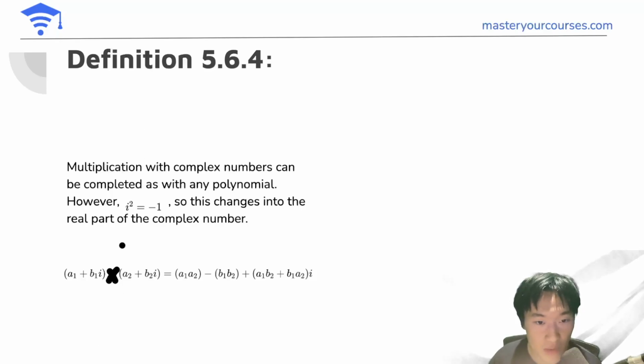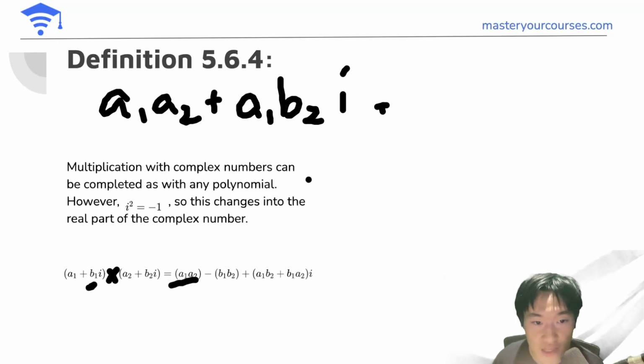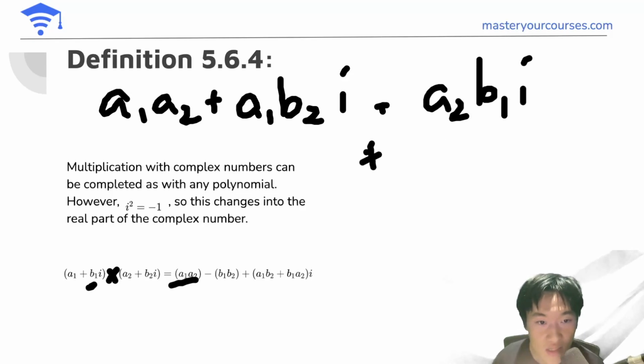So we'll do it step by step. a1 plus b1i times a2 plus b2i. Well, multiply the first thing, a1 times a2. There you go. We multiply a1 and b2i, and we get a1 times b2i. So let's write this out: a1a2 plus a1b2i, and then now we start multiplying this guy, so we have plus b1a2i, plus we have the last term here, b1